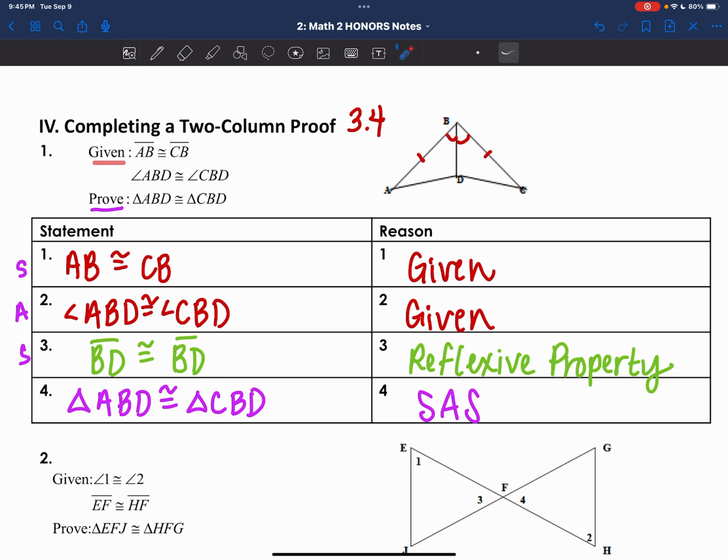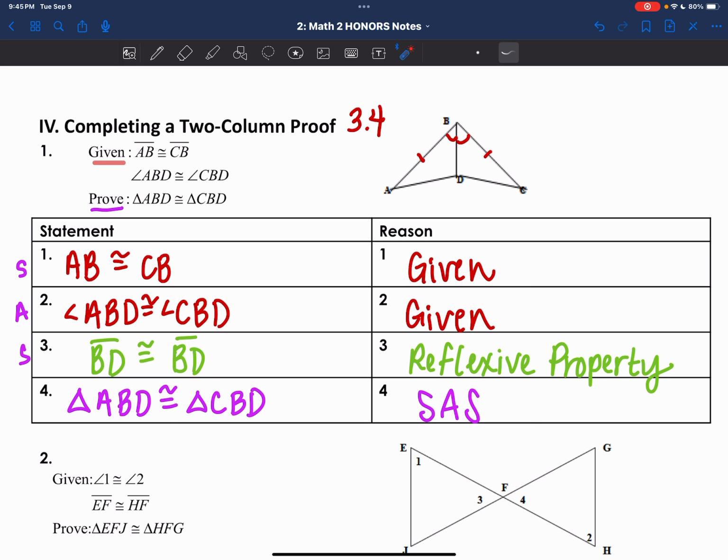So first what we're going to do is write what is provided, and our reason for that is given. That's easy. And then we're going to write what's provided, and again our reason is because it was given. So easy. Now that we have this information that's given, we need to say what information we found